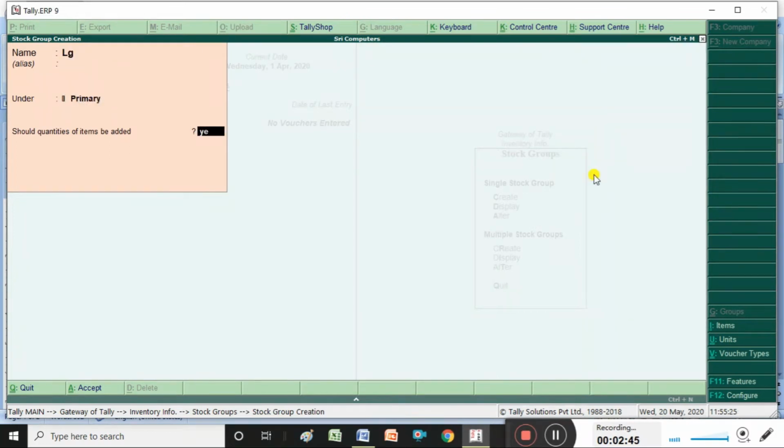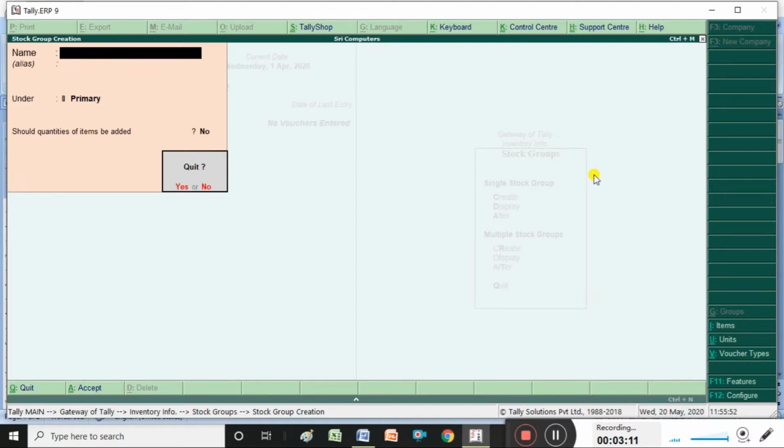Next, what brand do you have? We can create it. Next brand I am creating is Micromax. So enter, here you can set yes, you can save the screen. Suppose HP brand, or whatever it may be, depending on the company; we are creating Nestle. So now I have created the stock groups.